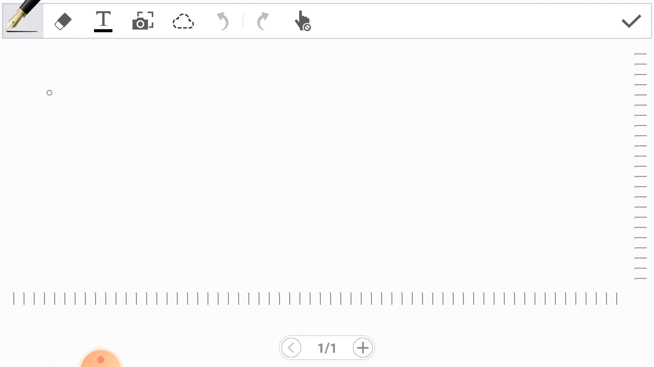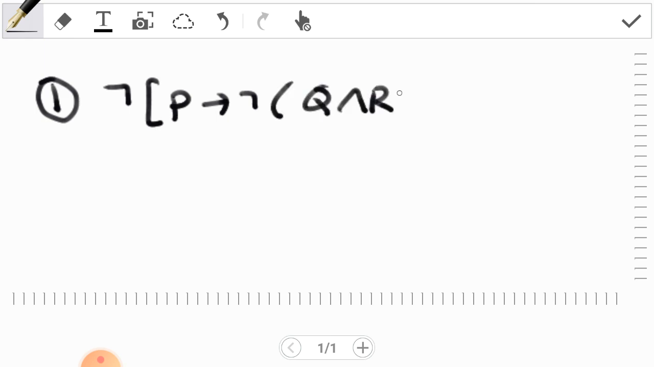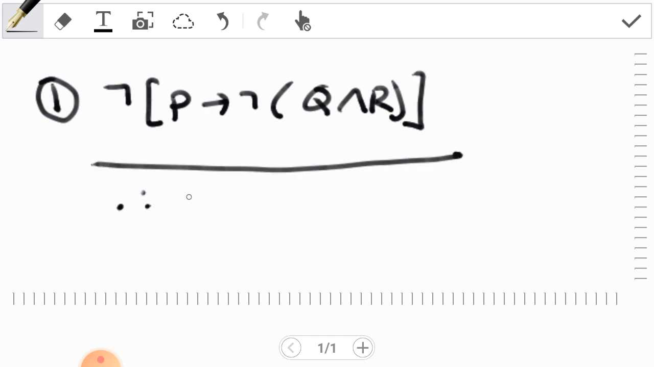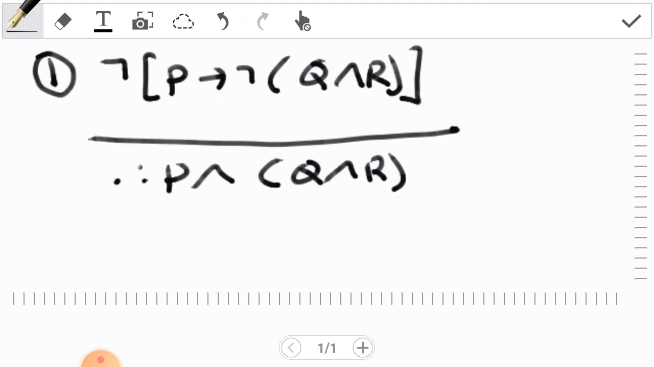The first problem in the homework, we are given not (P implies not (Q and R)). So that's the only premise given. And the conclusion is P and Q and R. Of course, for this example, we have no other choice but to work with the only premise given. And since there's only one premise given here,